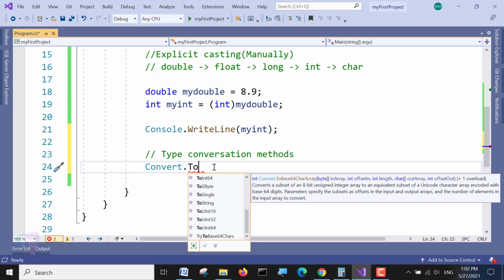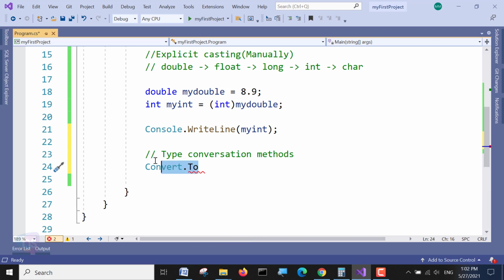The Convert method will help you. I'll show you a simple example of how to convert, with the number part, and test with that.